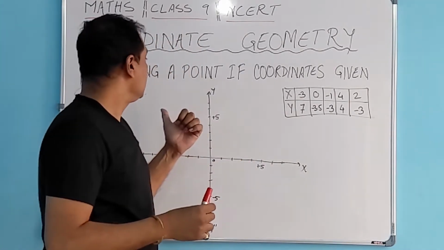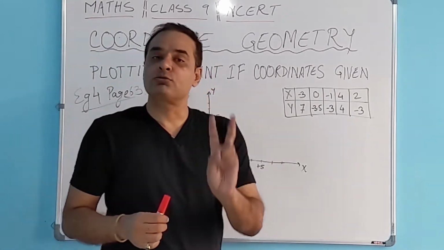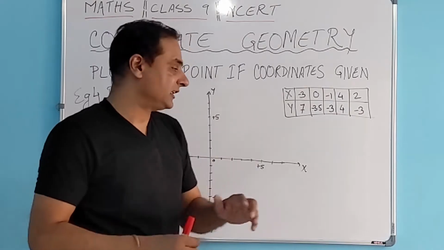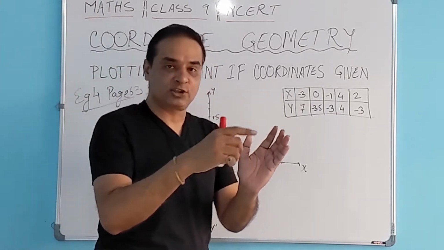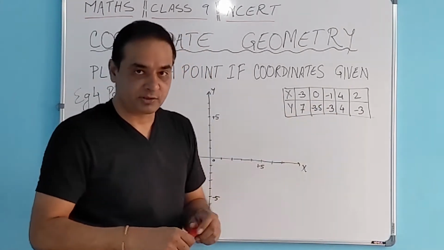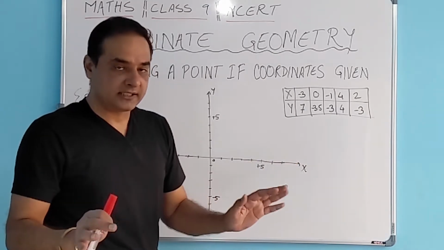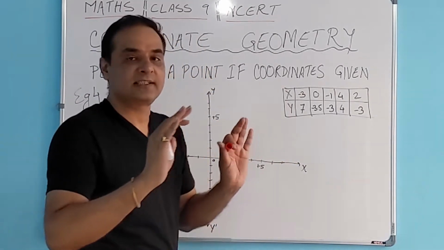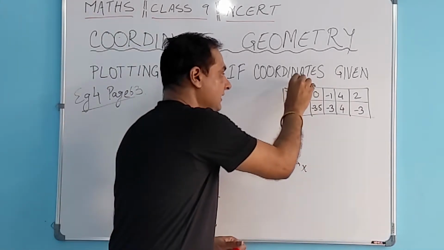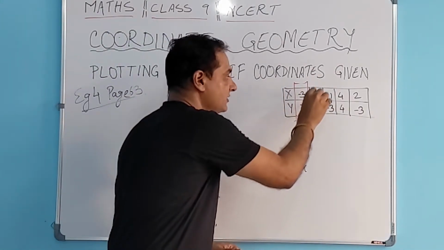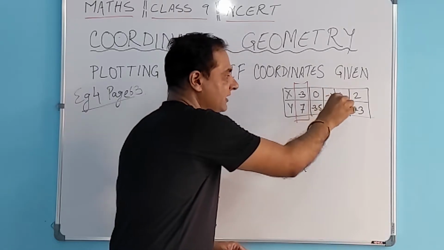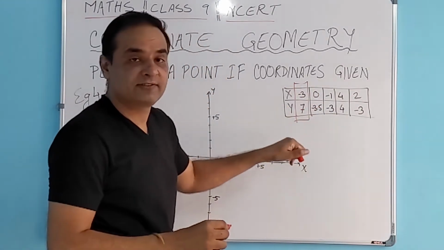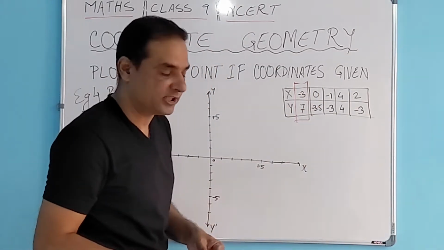Remember, in coordinate geometry, we need two independent pieces of information to locate a point. Whether we are given that as x comma y or in a tabular format, it doesn't matter. हमारे पास सिर्फ ये दो information होना चाहिए, what is the x-axis, what is the y-axis, and we can plot a point. In this case, point number 1 will be this, 2 will be 0 and 3.5, and so on. For each point we have both x and y values, so we can plot these points.